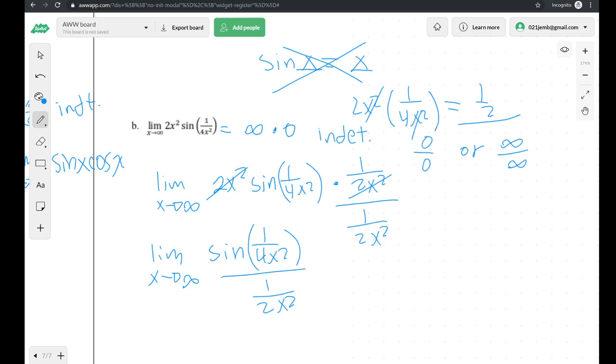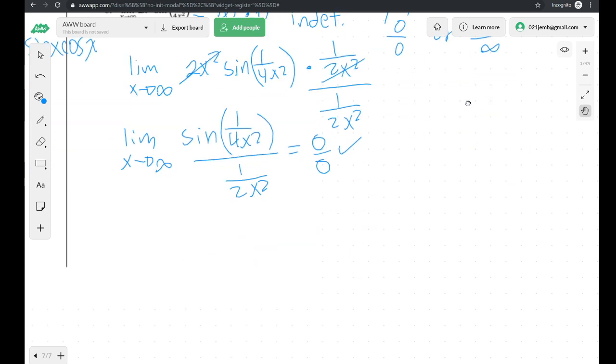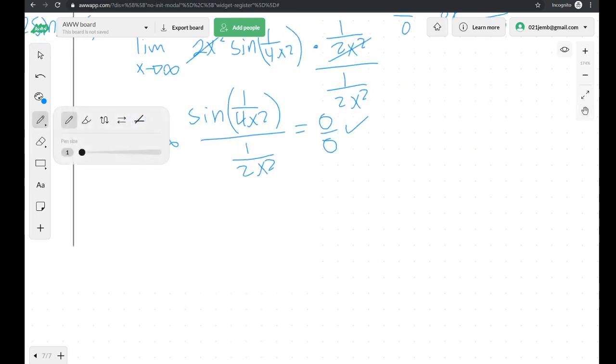That could be one way, but we have to see if it works. If we substitute infinity, we have sine of 1 over infinity, which is 0, and over here we have 1 over infinity, which is 0. So that's 0 over 0, which is good. That means L'Hopital's rule can now be used. We take the derivative of the top and bottom, so this is the same as the limit as x approaches infinity of the derivative of sine of 1 over 4x squared. We have to use the chain rule. The derivative of 1 over 4x squared is going to be negative 2, because this is the same as